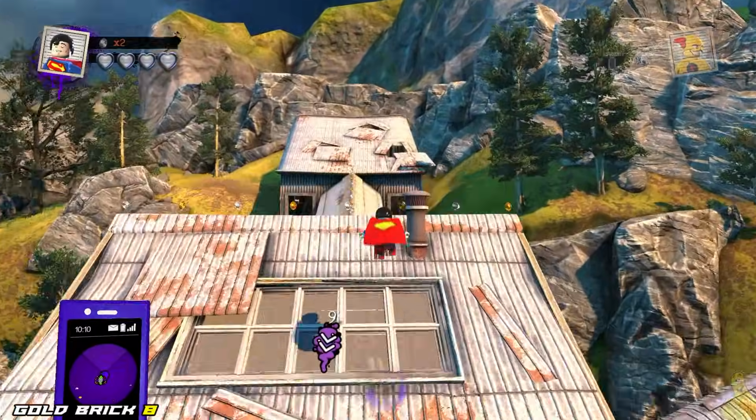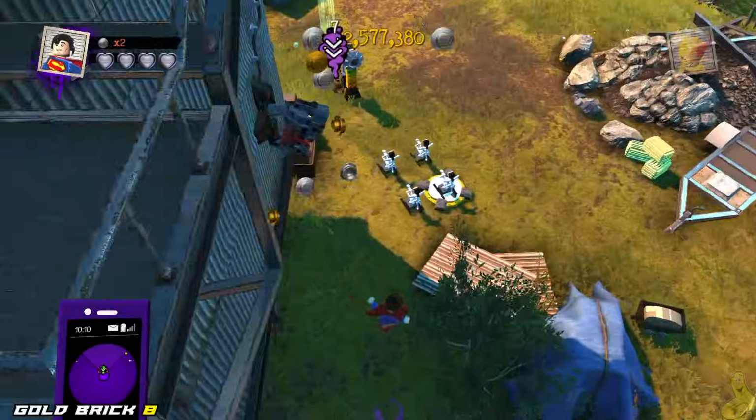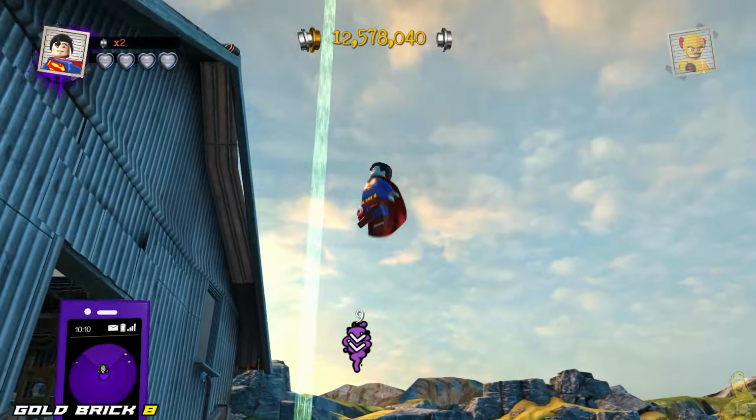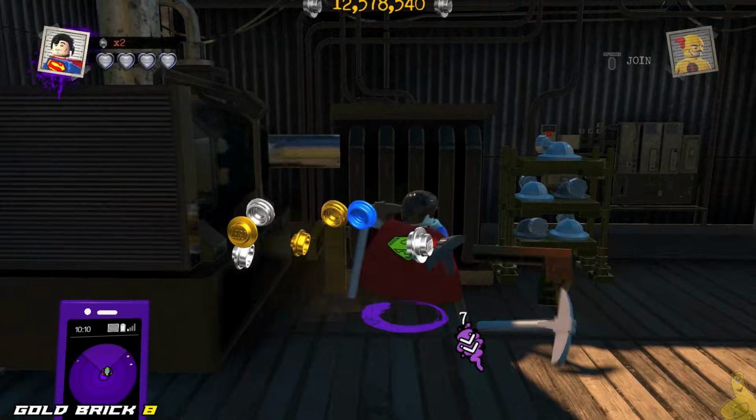We're going to go all the way up onto the roof and see what we can see up here. Wow, there's a lot going on. Some twirly poles. That's actually part of a race that we have to take place on later. But we want to go up into the roof, not on the roof, but up into like the upper area,